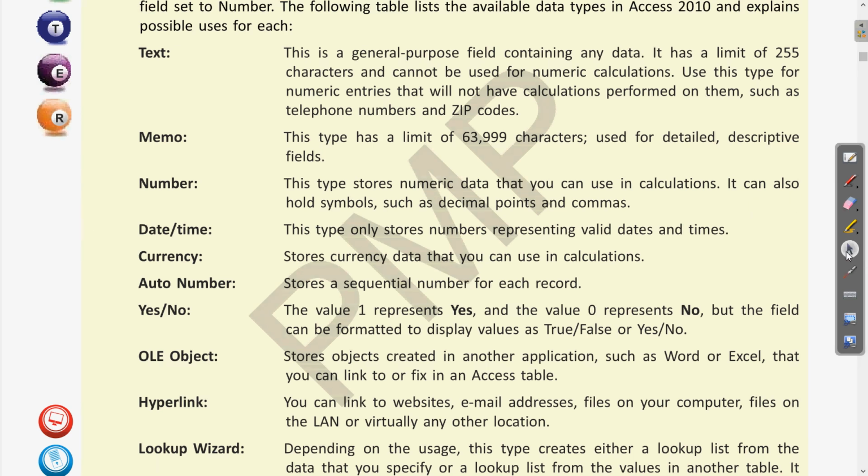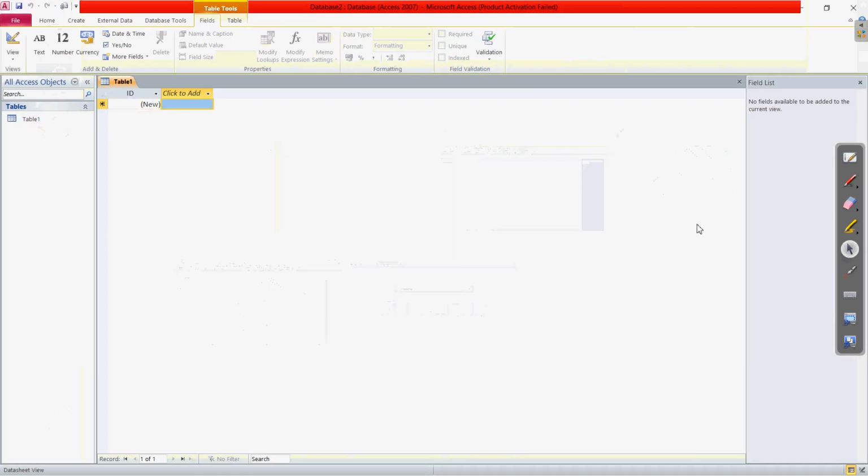So before this, let us come to this table. Here whatever the data type we are choosing, how to choose that? If we click on this header, you can see here we have this data type which is appearing.